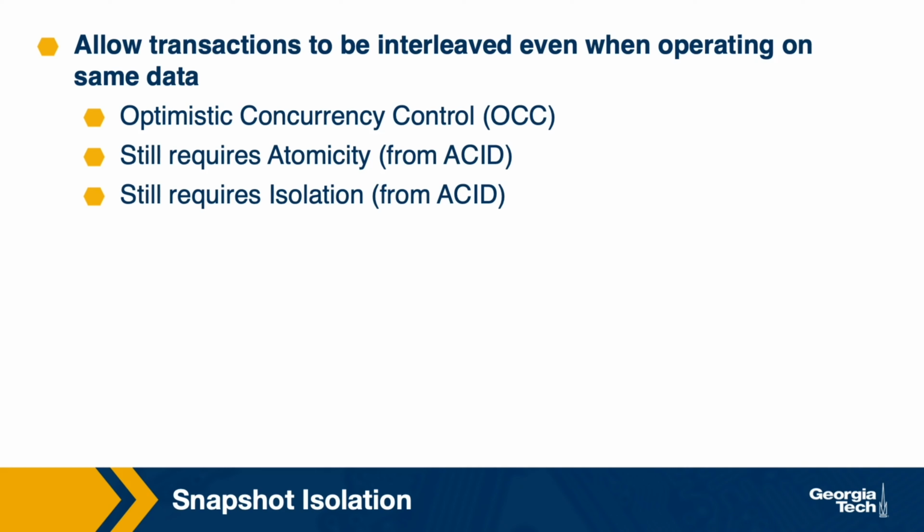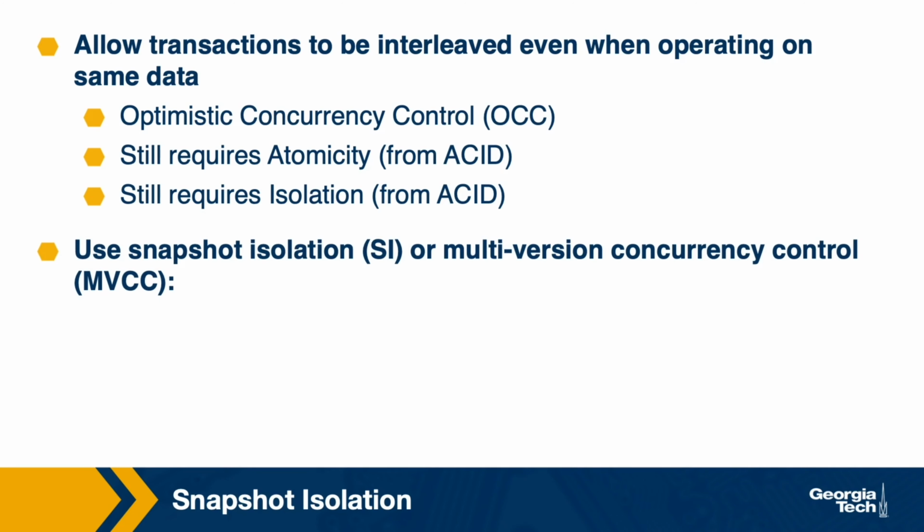It's optimistic because we allow the operations to execute concurrently, as opposed to expecting them to acquire all the locks up front, as with the way the locking was done in the two-phase locking example that we described in Spanner. But we still need to make sure that the transaction atomicity is preserved, and we have to make sure that the isolation requirement, the I from ACID, is also maintained. This is what is ultimately going to allow us to ensure that transactions are serializable. Note here, though, that serializable doesn't necessarily mean that they will be serializable in the exact same order as what is externally visible. One popular technique to achieve this is what's called snapshot isolation,